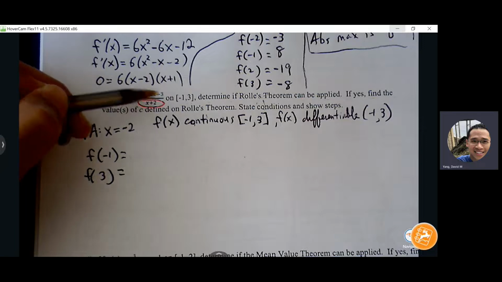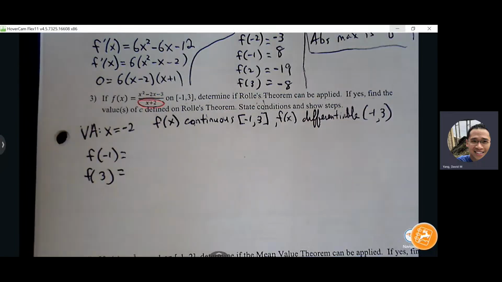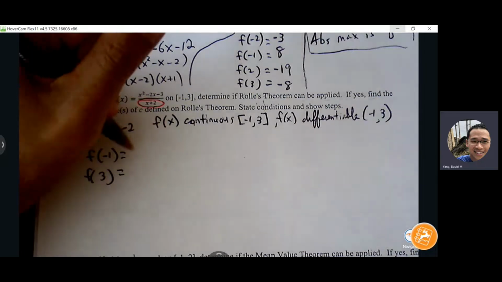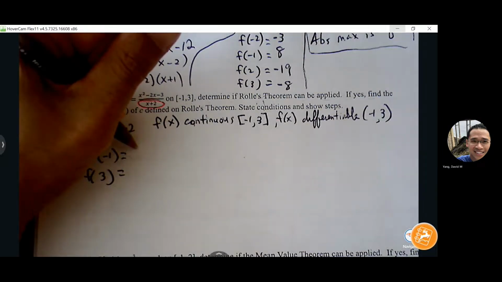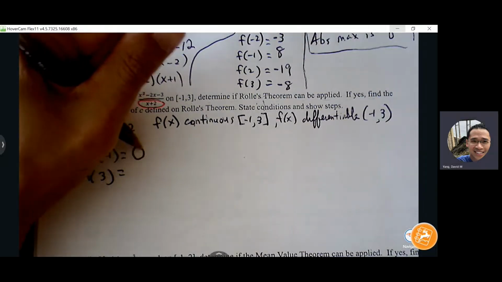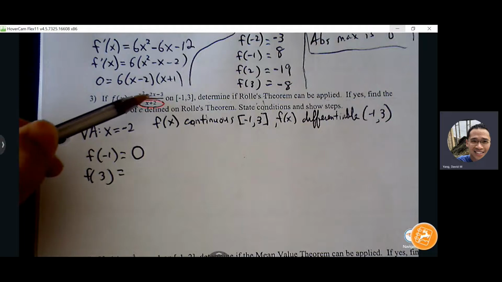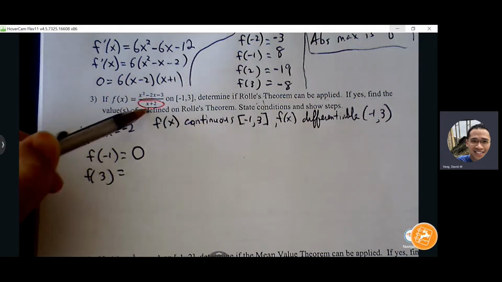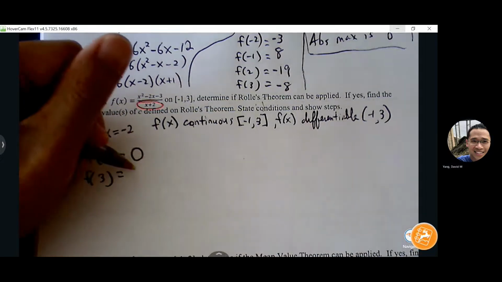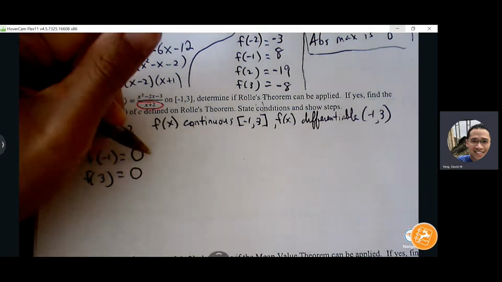1 plus 2 is 3. 3 minus 3 is 0. 0 over 1, 0, right? So 0 over a non-zero is still a 0. That's a real number. Okay, 3. 3 into the function, I get 9 minus 6. That's 3. 3 minus 3 is 0. 0 over 5 is 0 as well. Okay, now,